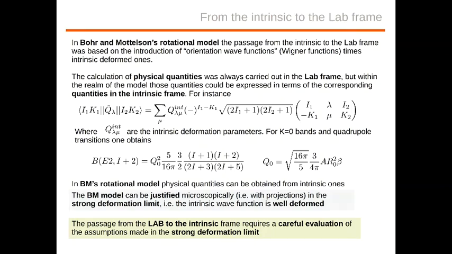So starting from a fully microscopic theory, you can go to the Bohr-Mottelson model by using this strong deformation limit, right? So there is a connection, but you have to use some specific assumption, that is the strong